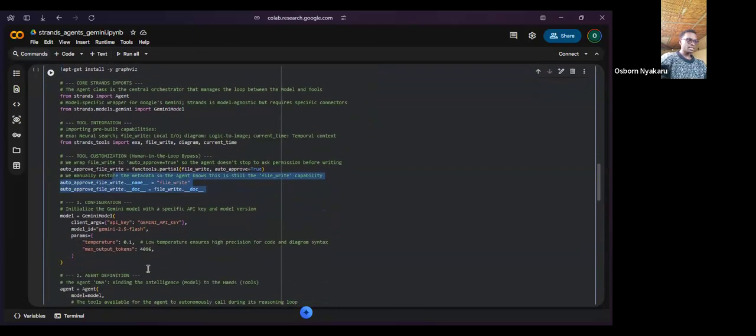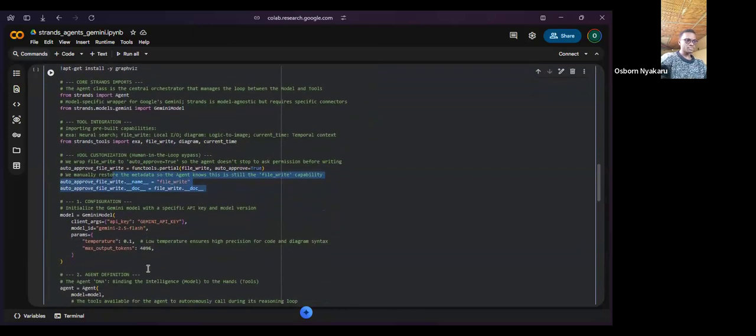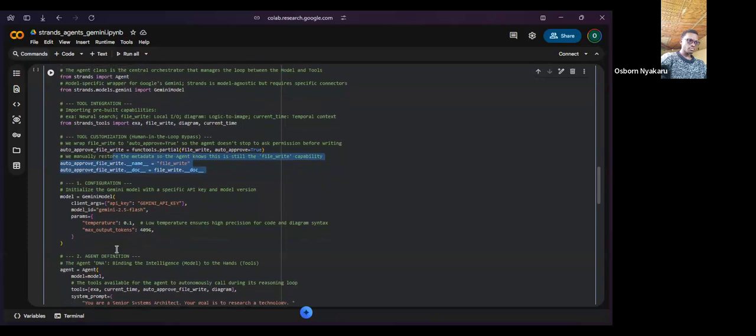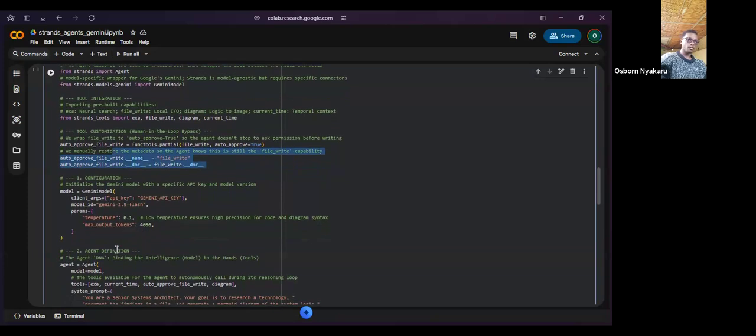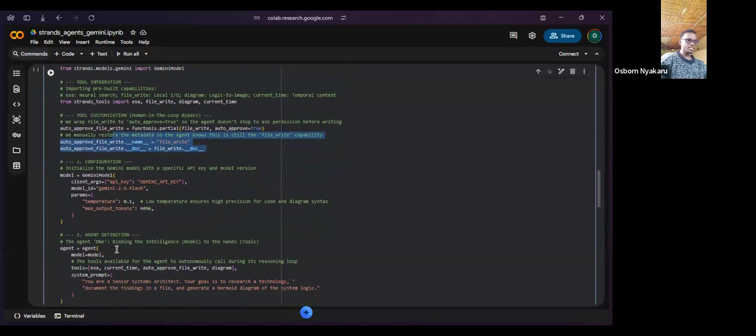Then you have the Gemini model, with the Gemini API key, providing the model ID and the parameters to be used. So that's the first step of the agent, the large language model being described and initialized.